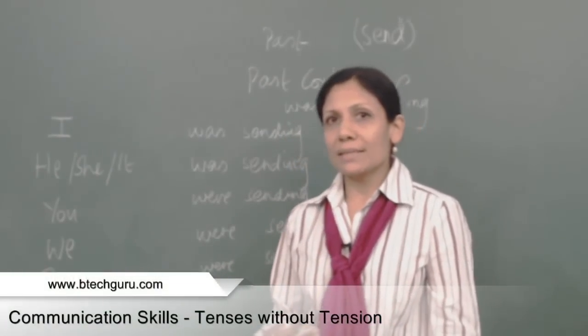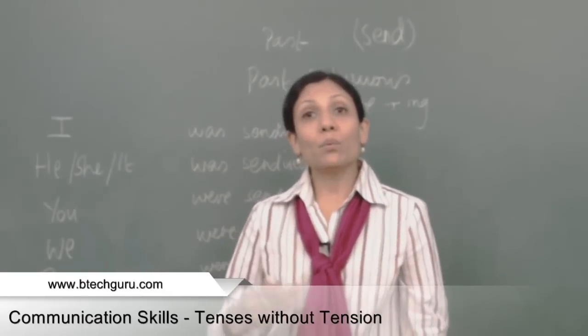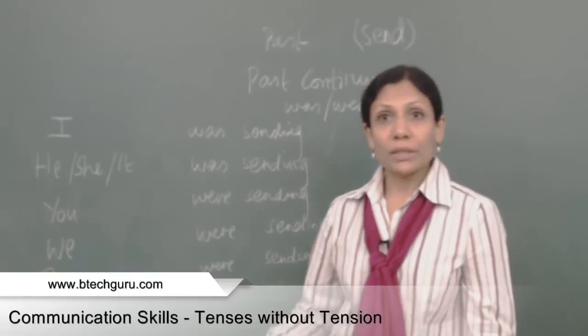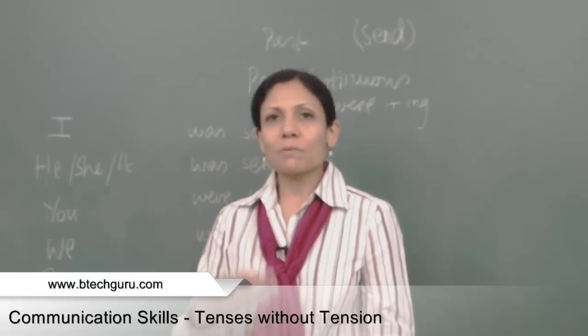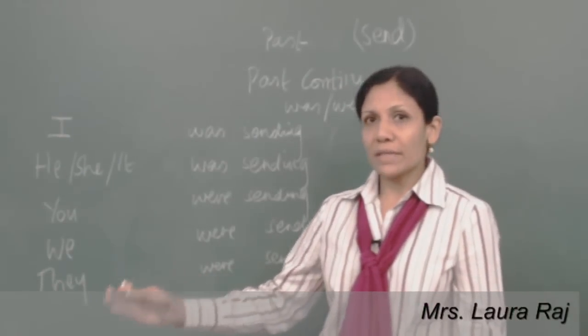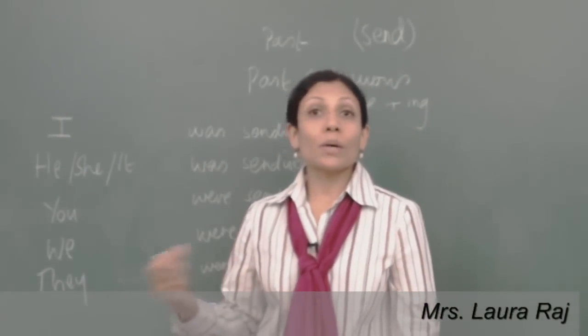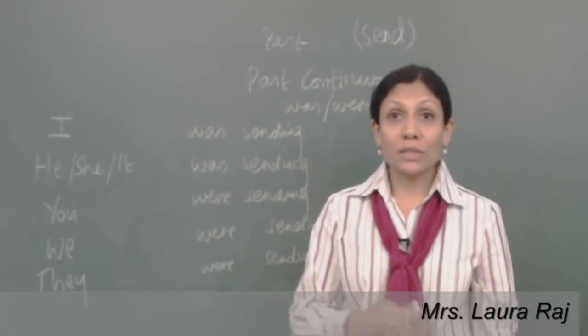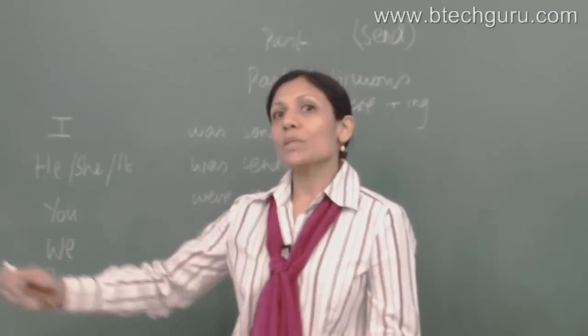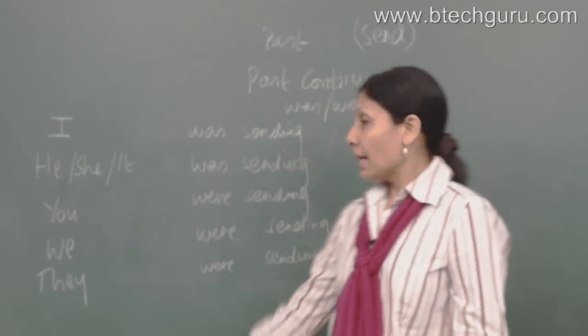I'll give you a few sentences. For example, I was studying in that college for 2 years. When you use was studying, automatically you get the meaning that it was happening over a period of time. Or for example, I was working in that company for almost 10 years. I was working, showing that for a long continuous time that action has been happening,